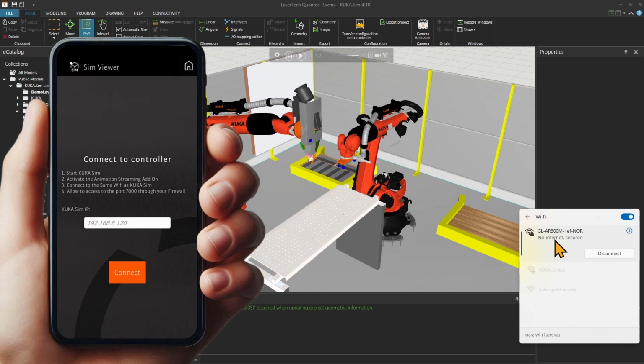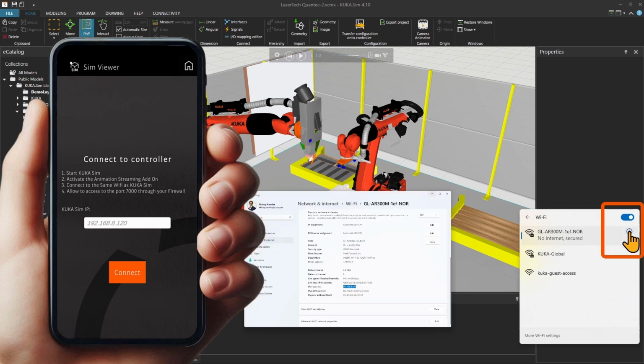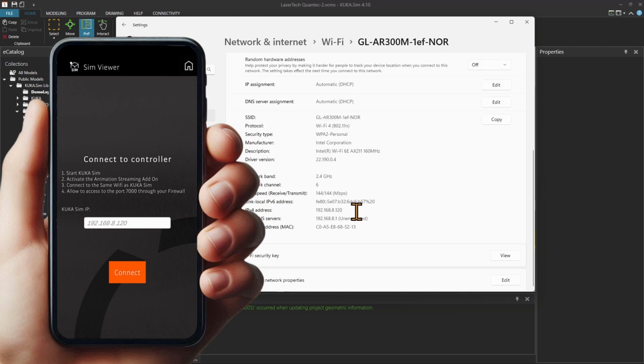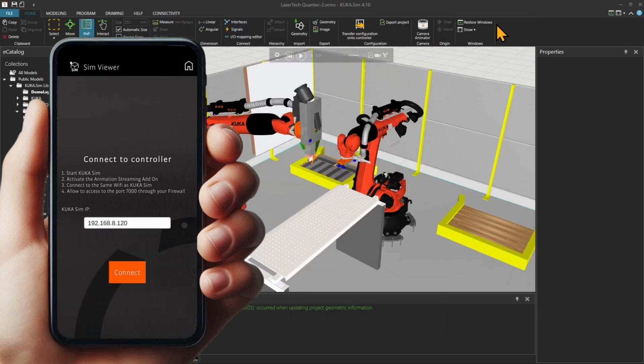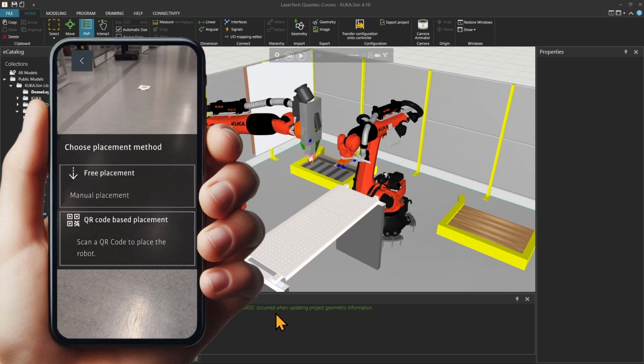Once selected, you will be prompted to enter the IP address of your laptop. You find the IP address of your laptop if you click on the icon. Then enter the IP address from IPv4 on the Mixed Reality app prompt. Once entered, hit connect and you will be allowed to place the layout from your KUKA.Sim in the real environment